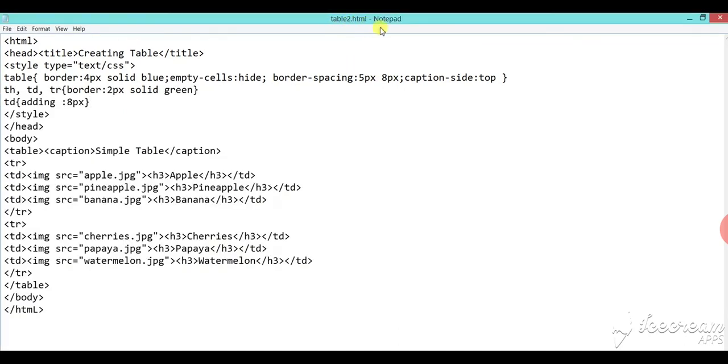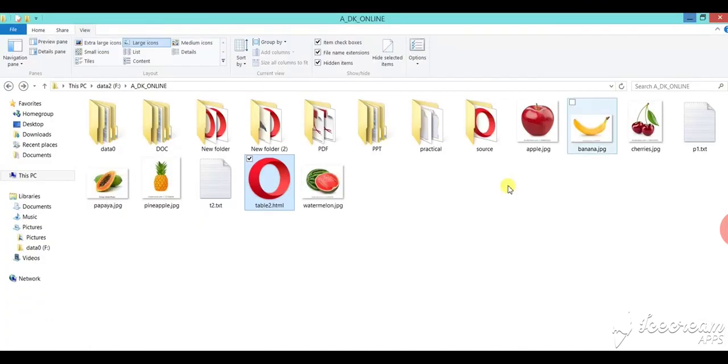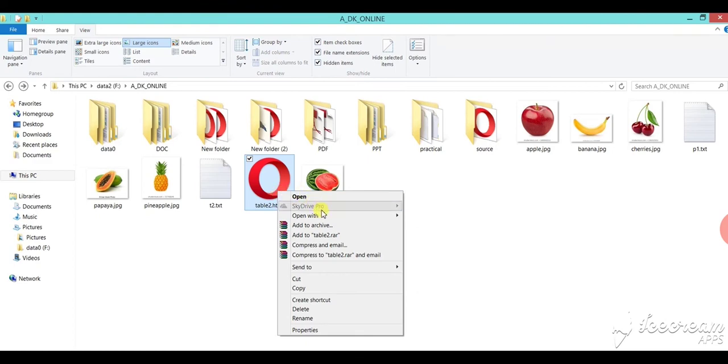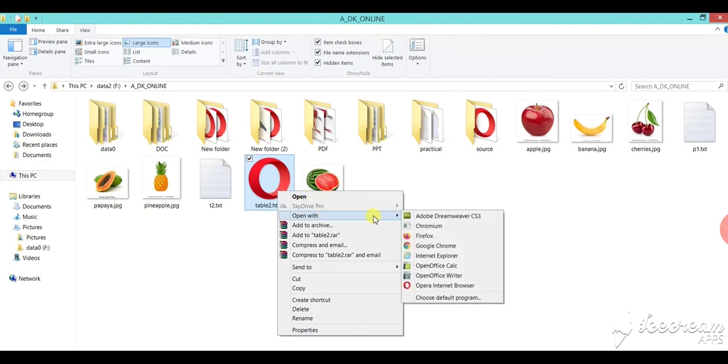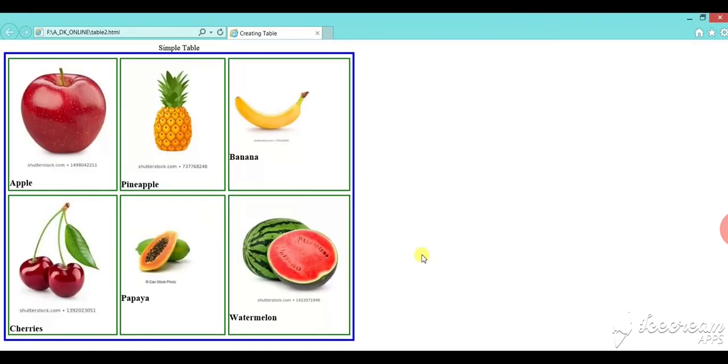See the name and minimize your program. Then right click on the program table2.html, then open with Internet Explorer. See, in this way, Internet Explorer, and see the output. In this way we can generate an output.